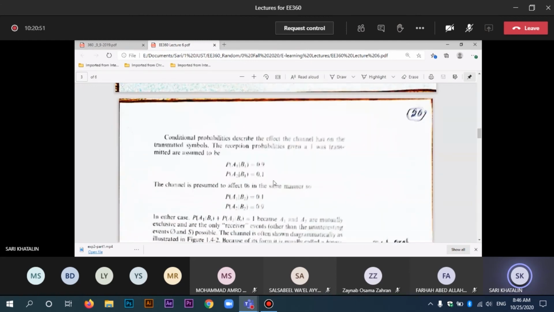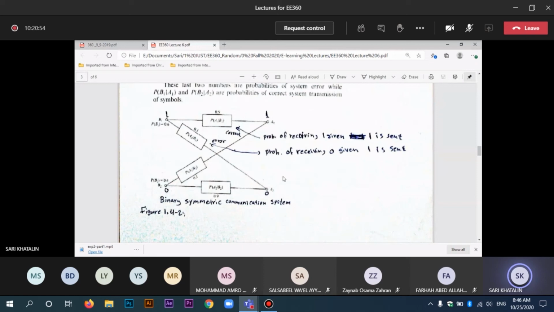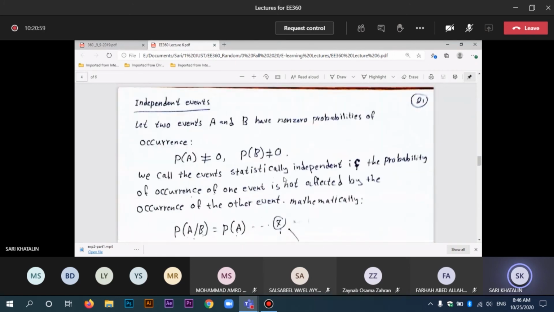Okay, I take it this example is clear to everyone, at least on the meeting or in the lecture. Okay, let's go to page 21 of the notes,